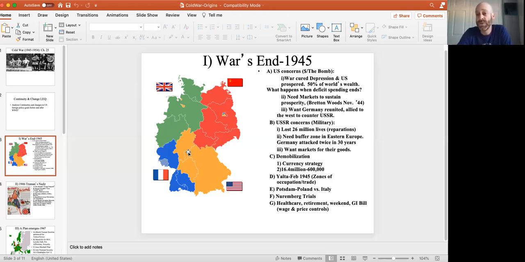1 out of every 2 things on the planet is made in the United States at the end of World War II. Nothing had happened like that before or since, that the US constituted half of global GDP. Why is that? Well, Japan was destroyed. Germany was destroyed. Britain was bankrupt. The Soviets were half destroyed. We were the only ones making anything of value after World War II, and we were ready to sell it to the world. The US does a complete 180.